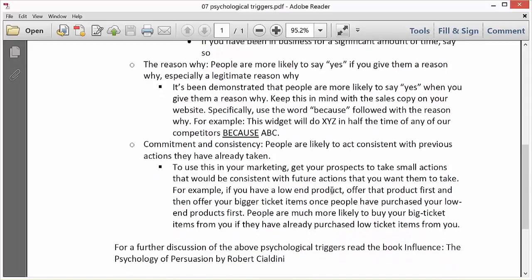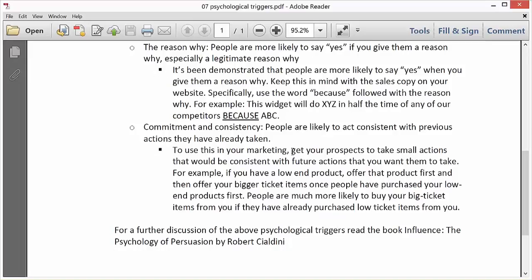Next is commitment and consistency, and people are likely to act consistent with previous actions they have already taken. So to use this in your marketing, get your prospects to take small actions that would be consistent with future actions that you want them to take. For example, if you have a low-end product, offer that product first and then offer your bigger ticket items once people have purchased your low-end products first.